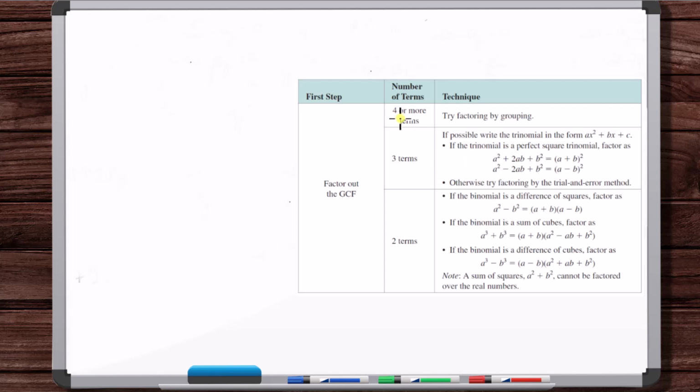We talked about you could have more than 4 terms. So what you're going to do is, for more than 4 terms, you still use grouping. For this 5-term situation, you're going to want to group it so that you'll have 2 similar terms together, and then 3 other terms together. And then you're going to factor those separately. And then you're going to end up with common factors based on factoring those separately,